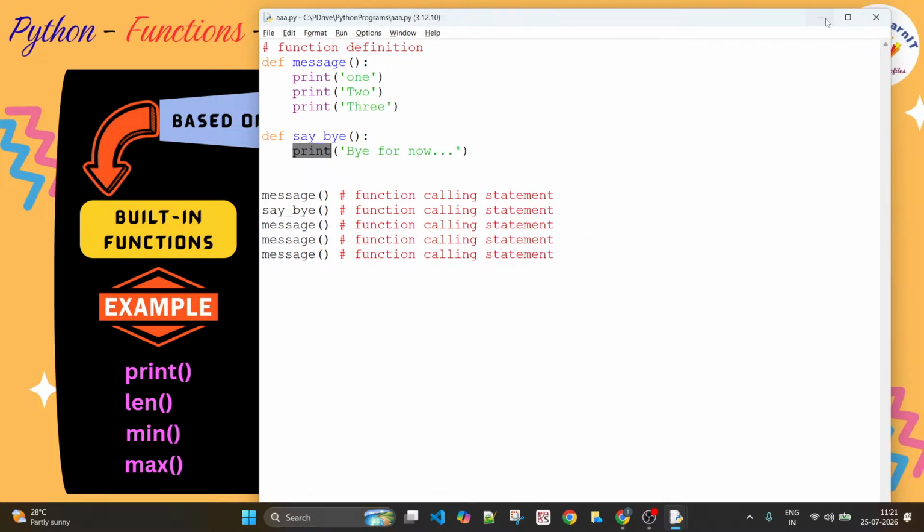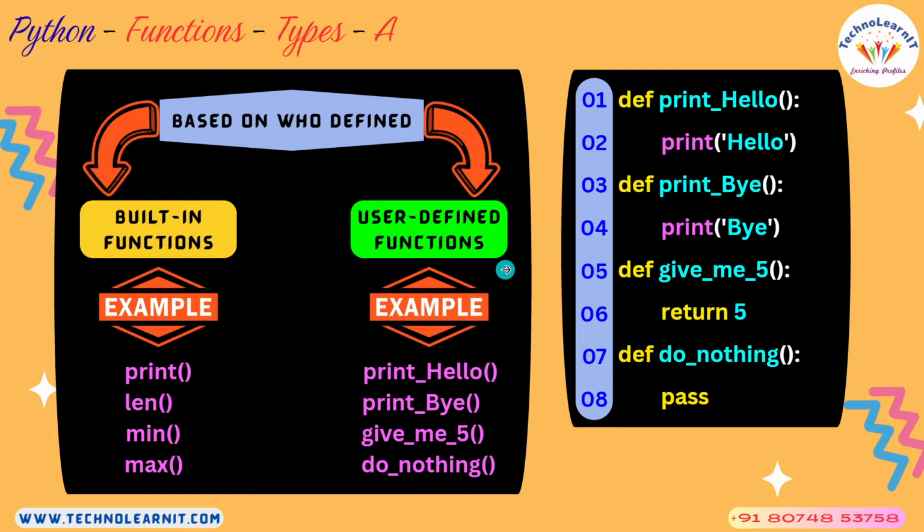So this is what you need to understand from built-in functions or system-defined functions. The counterpart of built-in functions is user-defined functions. User-defined functions are the functions which are developed by or written by the developer. Built-in functions are the functions that are already part of Python, and once Python is installed, you can access these functions and directly make calls to such functions and get your job done.